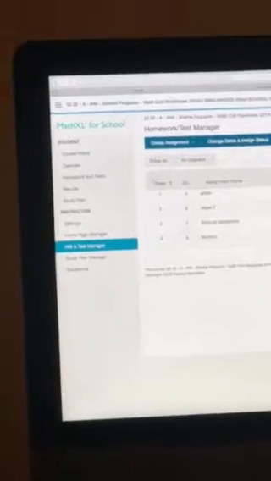So Math Excel is, I use it most of the time for differentiation in my class. I'll teach a lesson, and for my students who need remediation on the lesson that we've taught, they can always go into Math Excel and do problems related to that lesson to help them develop a better understanding of it. And sometimes I use this as a test just to collect the data, to compare the data from one class to the next to see if one class received the information better than the next class, or if I did something different with a different class,